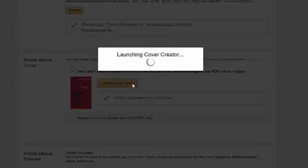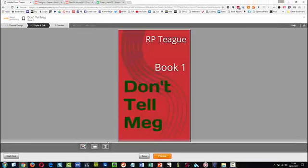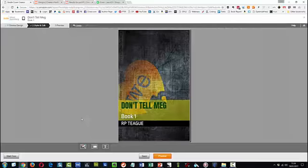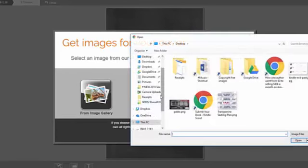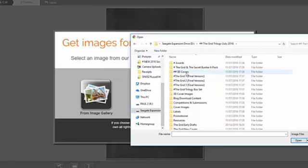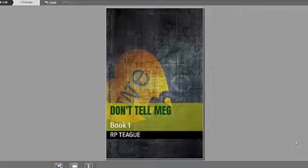Let's take a look at some photos here, if we were going to go and get some photographs. And if we go for a different cover, so if I click on this choose design up here, I can go and alter my cover. Let's go for something that would use maybe a photograph on there. So if I upload a photograph from my computer, and you'll have to excuse my computer here because I've got lots of things saved here. If I go to the grid, and if I get the original cover images that I used, let's go for that cover image because it's going to fit nicely. I just upload that image from my computer,